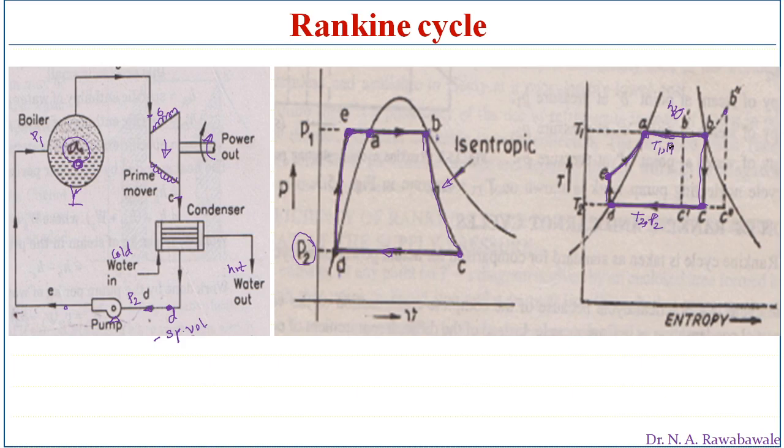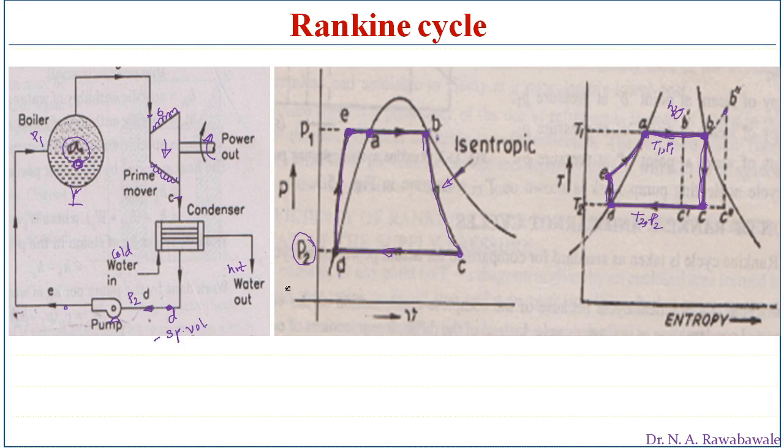So that process is also represented, processes are represented on this TS diagram. A to B is nothing but vaporization or phase change. Latent heat of vaporization is added to the water, converting it into steam, and at point B, this steam is expanded in the turbine in order to produce work B to C. So this expansion is nothing but isentropic expansion, where it is assumed that the turbine is insulated, and from point C to D, steam is passed through the condenser, and the phase of steam is converted from vapor to liquid, a saturated liquid comes out of this condenser, and that is pressurized into the boiler from D to E.